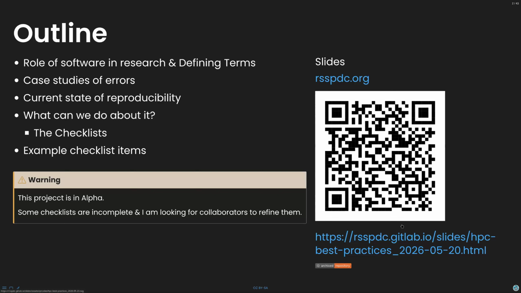So outline for today's talk, I'm going to start with the role of software in research and defining a few terms. Then I'm going to talk about a couple of case studies of examples of where errors in research relevant software have caused problems, just for some anecdote value to make it feel a bit more real, and then a bigger quantitative picture of the state of computational reproducibility in the literature, and then a little bit about what we can do about it and the role that I hope that the checklist project can play there, and then some examples of items from the checklist to give you a bit of a flavor for what using this is